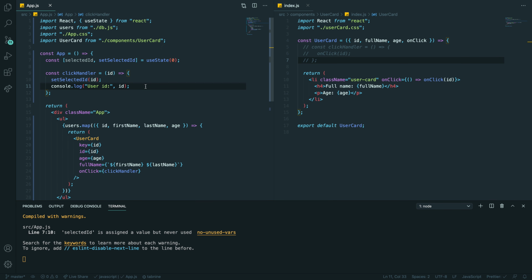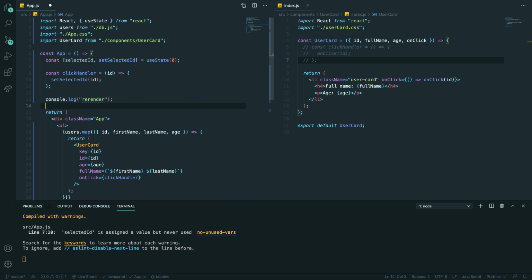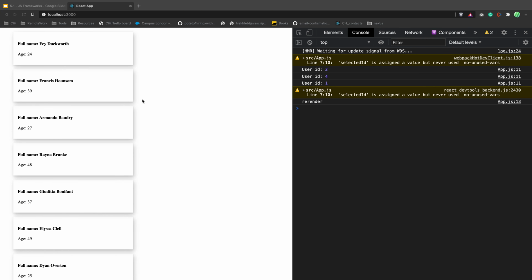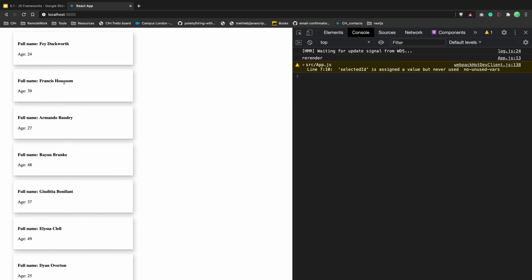I want to show you that if I put my console log just here, re-render, now if I click here, we're re-rendering the component. Every time I'm changing my state, we re-render the component, right?